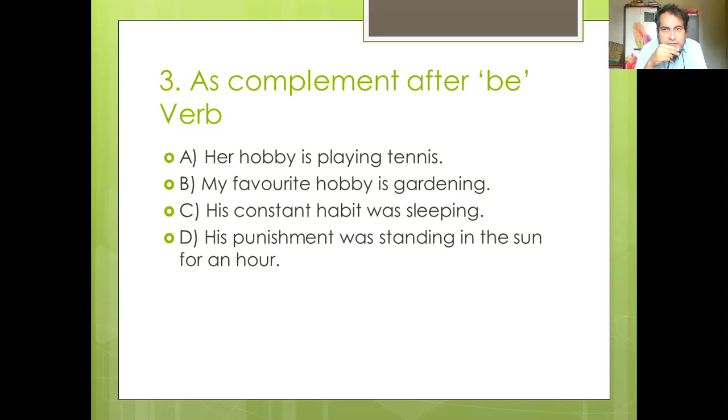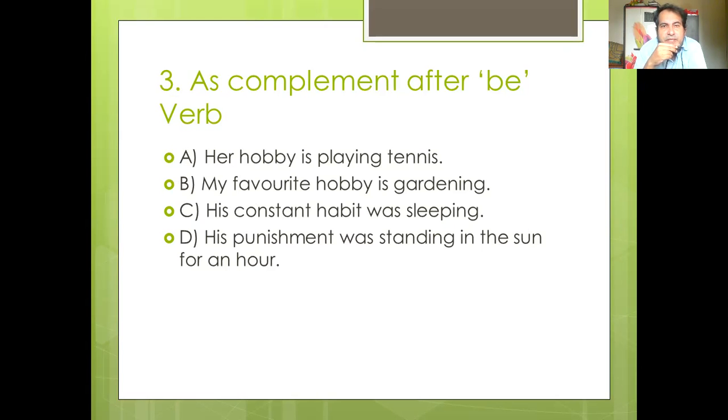Look at the formation of the gerund here. Her hobby is playing tennis. Here ing is added with play, so playing becomes a gerund. Playing tennis, this is the complement,